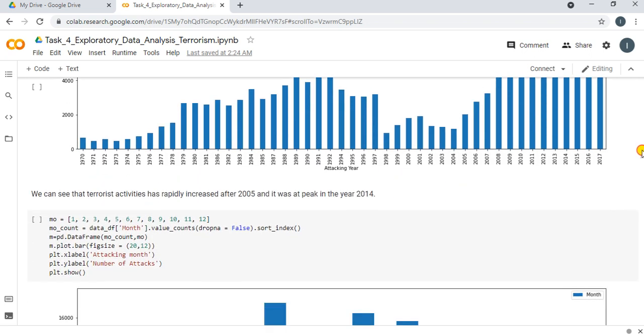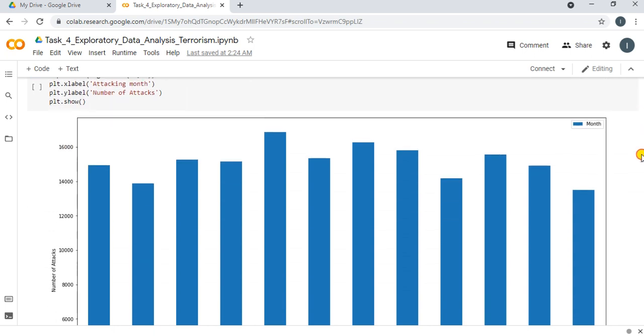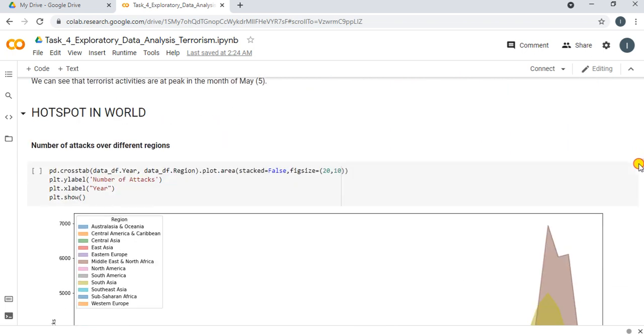So in the next line of code we are going to analyze the same thing for the months. So on the analysis we found that the terrorist activities are at peak in the month of May. Further, the hotspots in the world could be analyzed. To do so, the analysis of the attacks over regions is required.